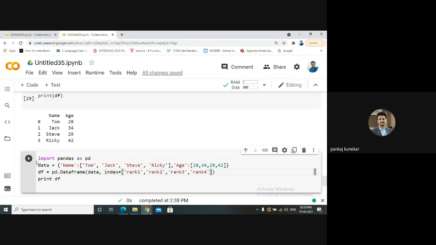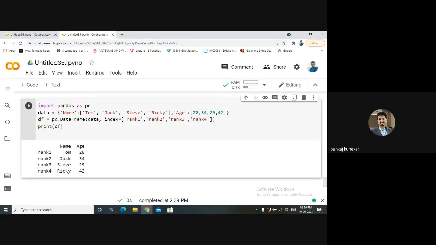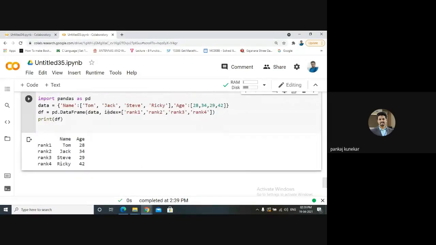So we can redefine our indices using the index parameter. By default we have 0, 1, 2, 3, but we can redefine them using this one.